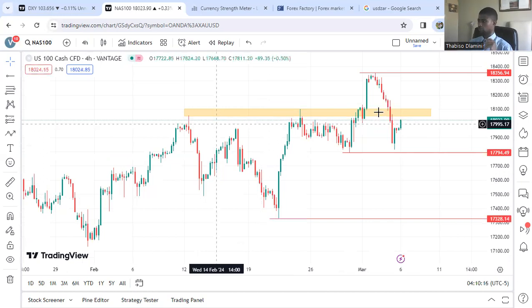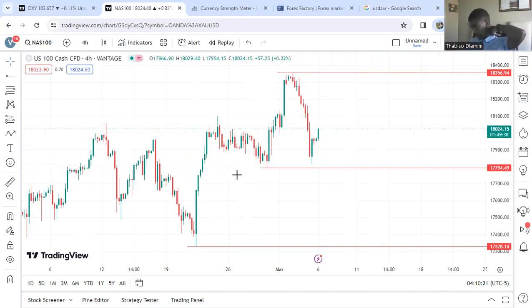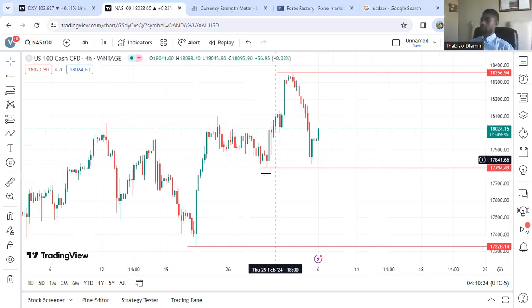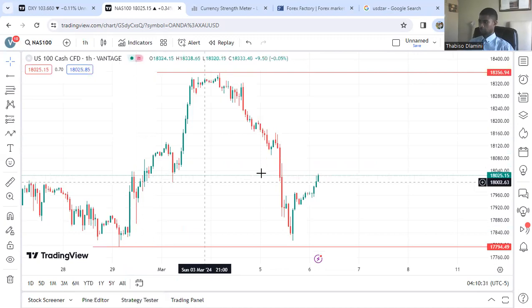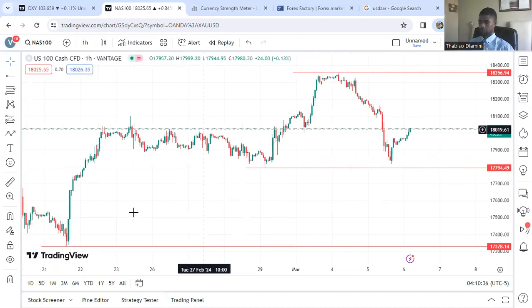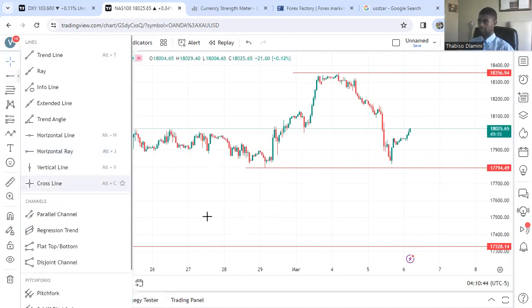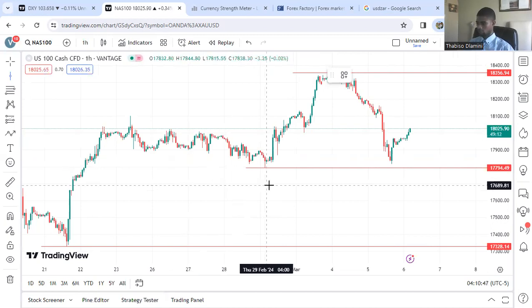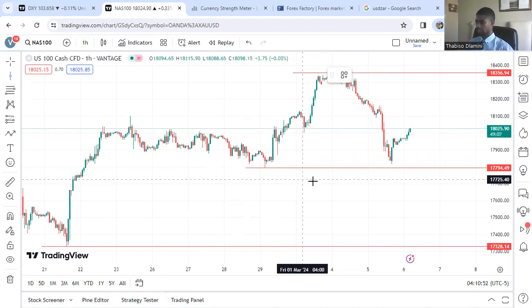So we'd like to just remove this. This was a nice little structure, but we're going to remove it because we don't need it as yet. Okay, let's just go down to the 1 hour. I think the 1 hour looks very nice. So just working with this range, we're working with the extreme low and then the extreme high. Normally I'd have my charts divided into the daily, but we can quickly do that just so that we can see how I normally do it, simplifying the charts to be able to understand them